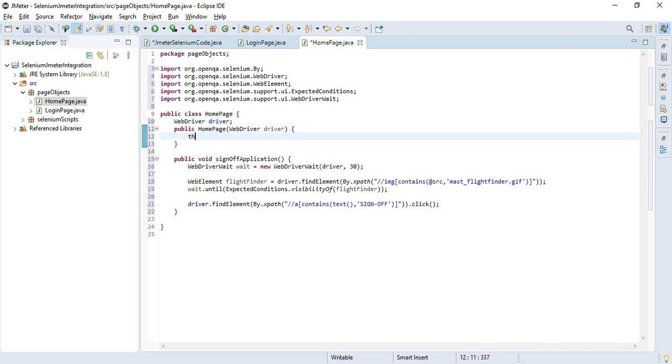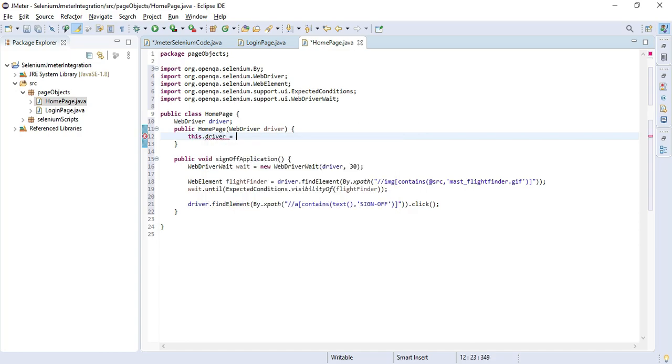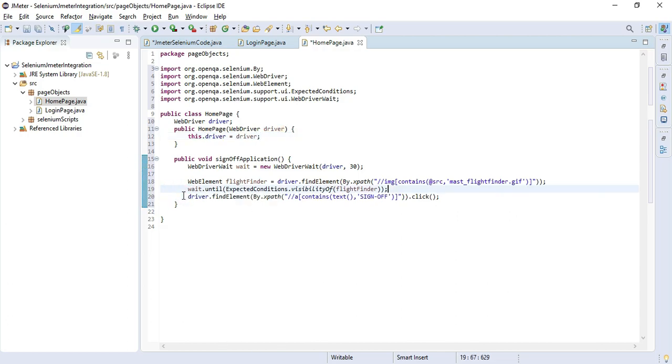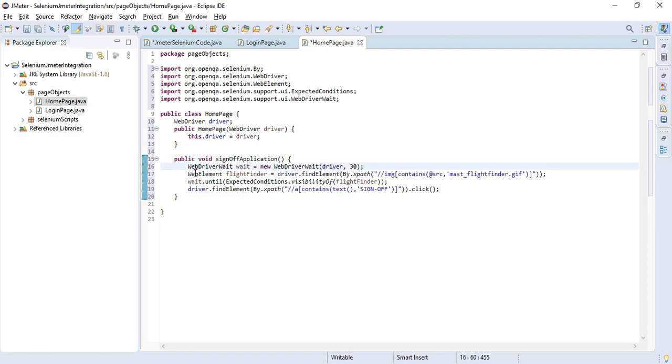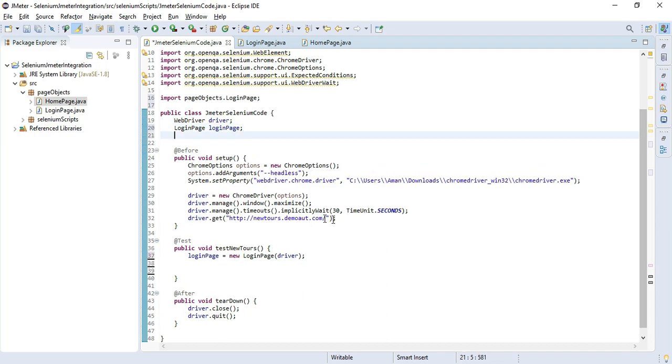And to initialize this, we will use this.driver equals driver, and the error has gone. So in this way you can create all of the classes which will be required to interact with your application, and you can maintain your code in a more logical way, so it will not be complex at the time of creating the test.